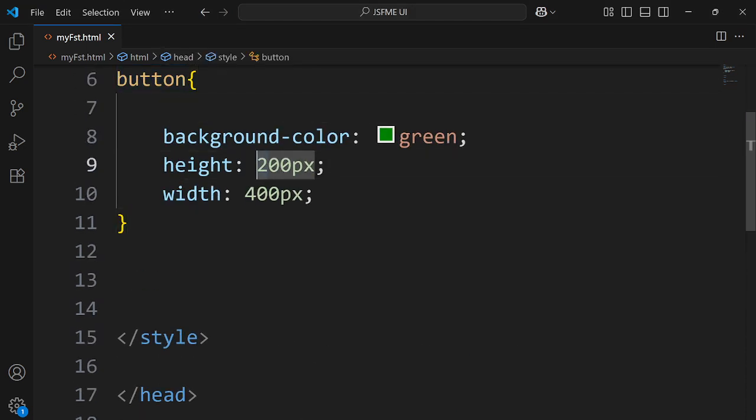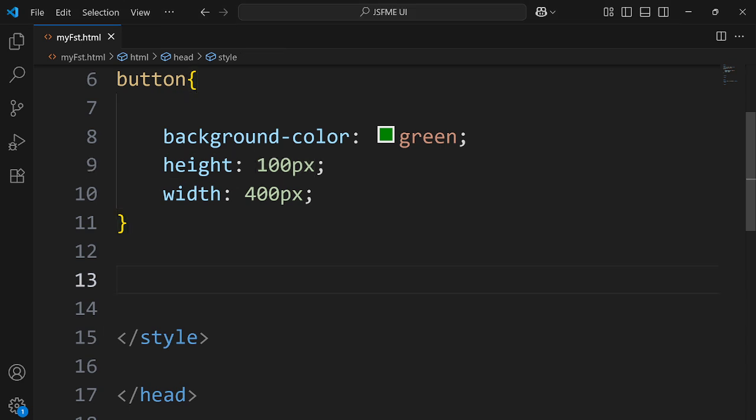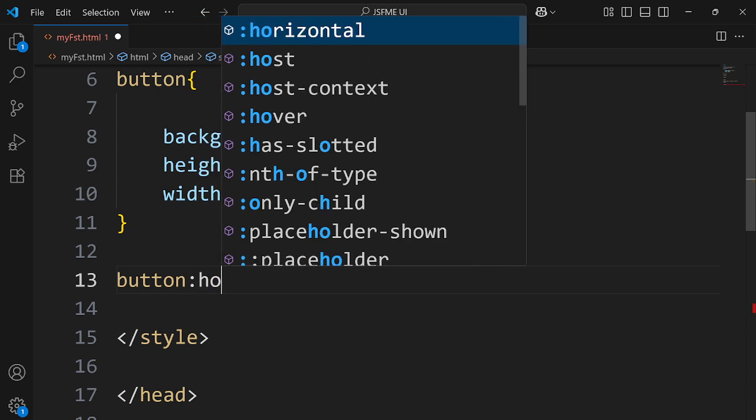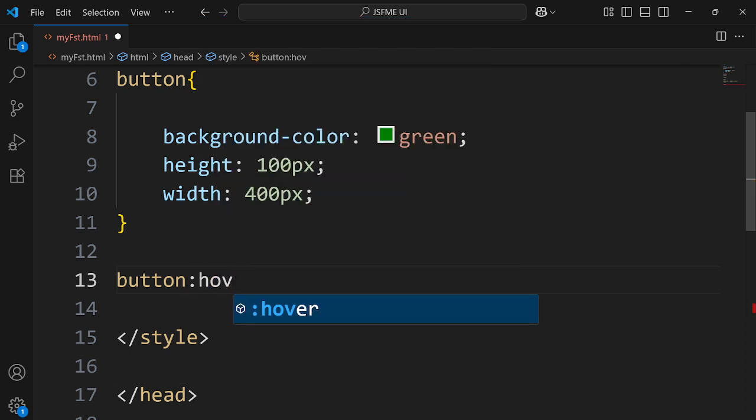Let's say it is 100 or something. So it looks good. Now it looks like a button. Okay, so now that I have created a button, I want to have something on top of it. Maybe when my cursor moves over it, when I am hovering on the button, I want to do something. Maybe what I'll do is I'll say button, and when the button's hover property is taken, then